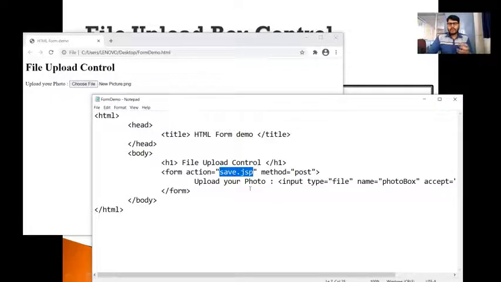Okay, so whatever content I'm going to write here by using the form, all those data will be submitted to this particular URL. That is nothing but the action attribute. So this action attribute has to accept all the form data entered by the user, and it has to submit when the form submit button is clicked.